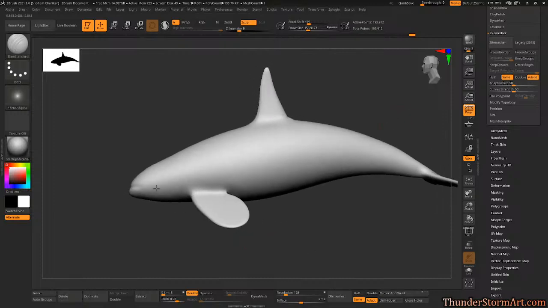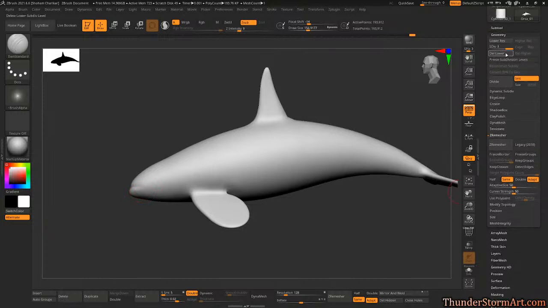Alright, and if we get these weird arrows over here, what we can do is del lower and then tell it to zero mesh it at same, and that'll just ideally give a slightly better topology. Okay, and then you can kind of control and decide how much detail you want to put on this. We will be getting to the color next, and this is where we're going to be using our